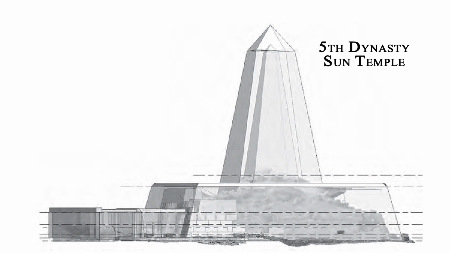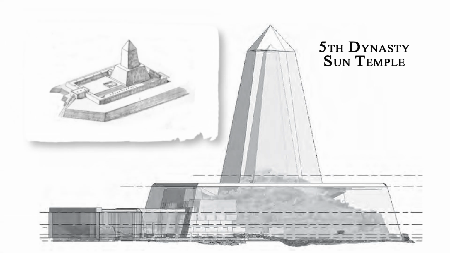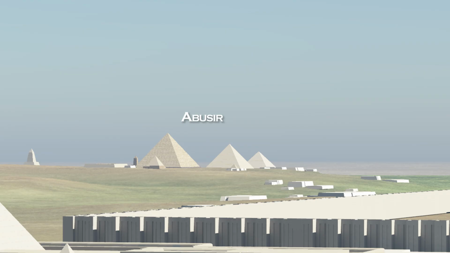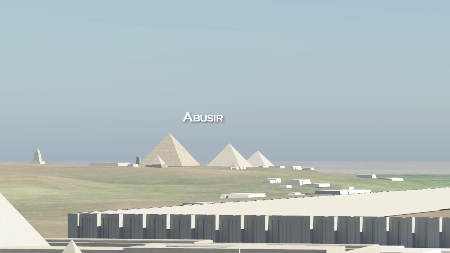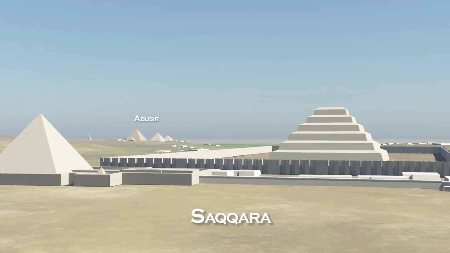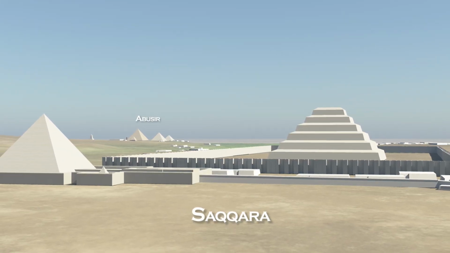Menkauhor was the last pharaoh to build a sun temple. His successors, Djedkare and Unas, abandoned this practice as the cult of Ra declined at the expense of that of Osiris. Given the paucity of documents relating to Menkauhor's sun temple, it probably functioned for only a short time or was never completed. Menkauhor built a pyramid in North Saqqara, thereby abandoning the royal necropolis of Abusir, where kings of